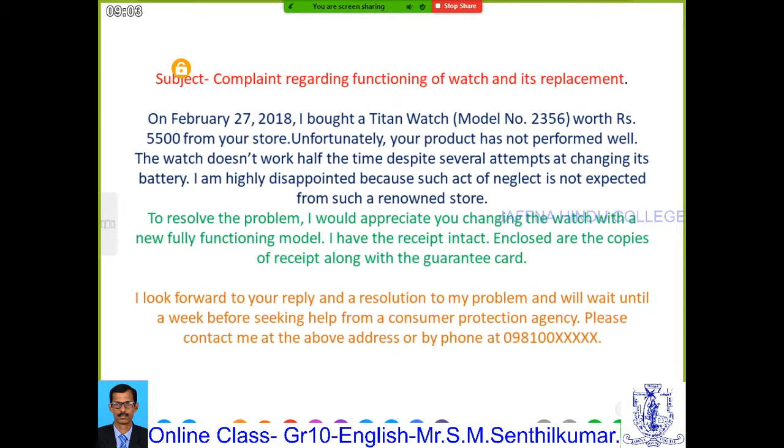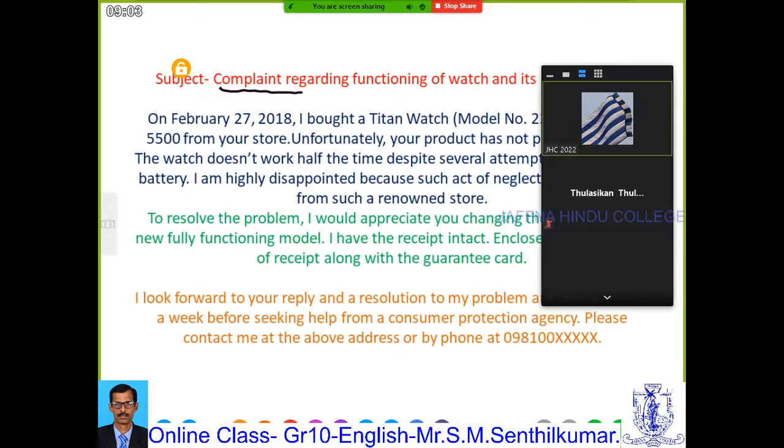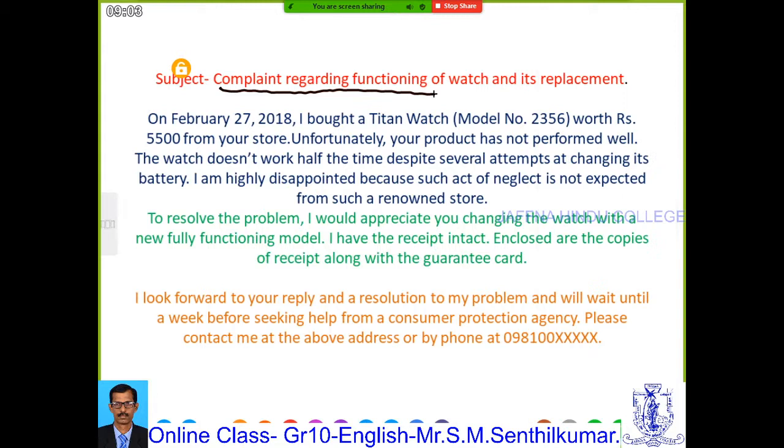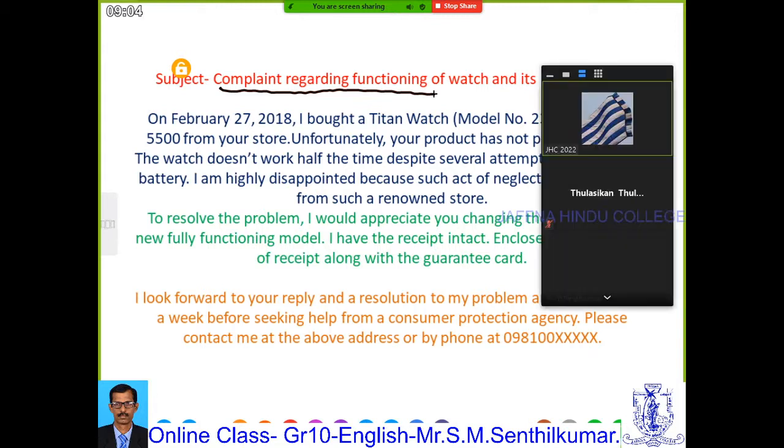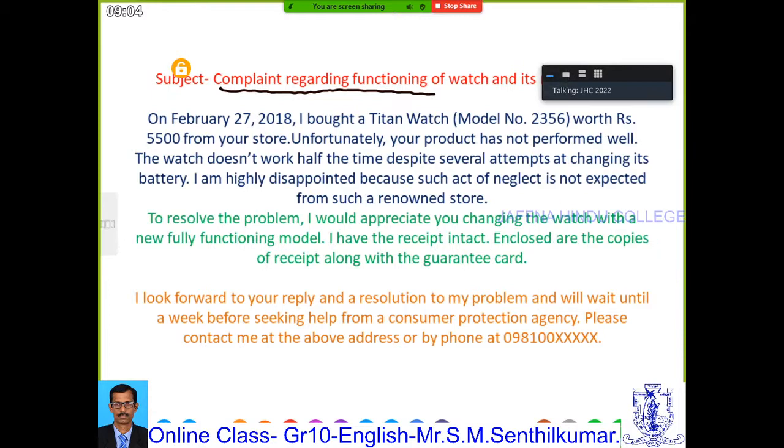See? This is a suggested one, I give some points. Complaint regarding the function of the watch. Complaining about the function of the watch and its replacement, or something you can complain regarding, right? Function of the watch or malfunction. You can write in your own words. Don't think too much. I will guide you how. On February 27, 2018, I bought a Titan watch, model number, worth